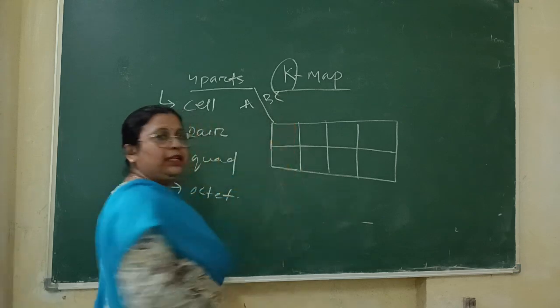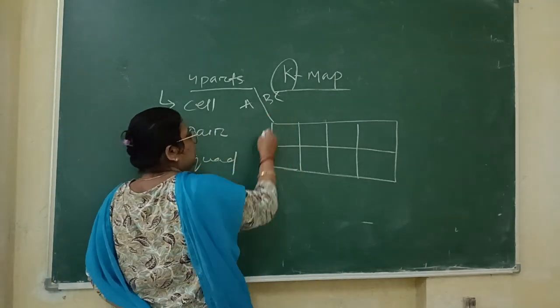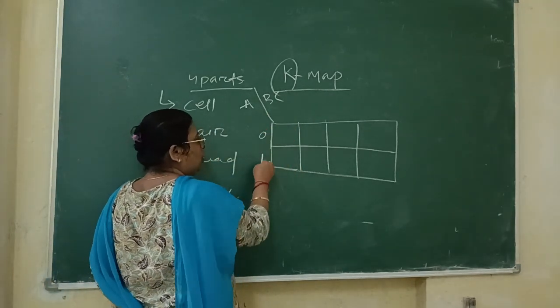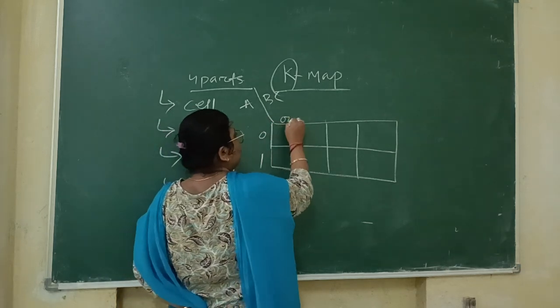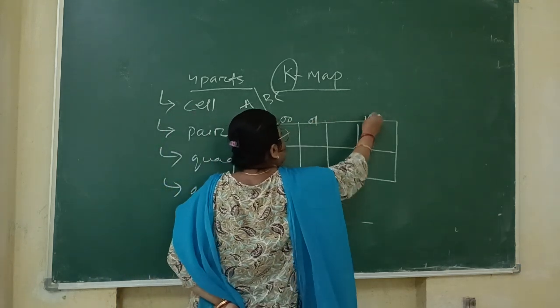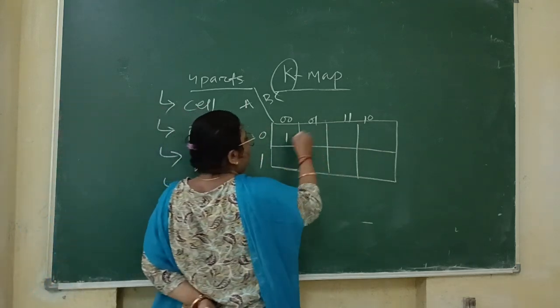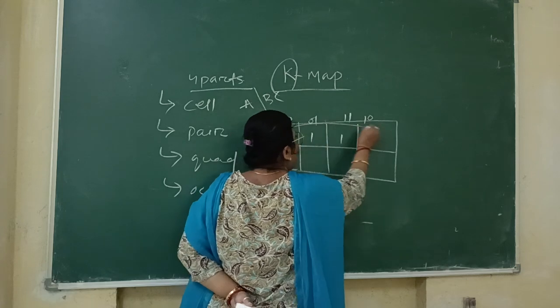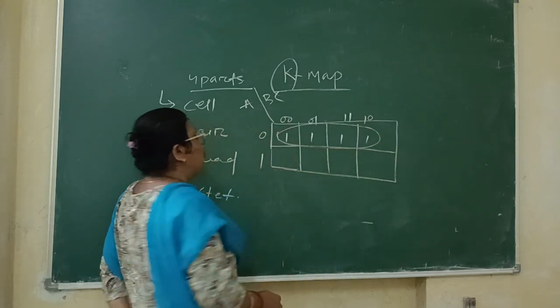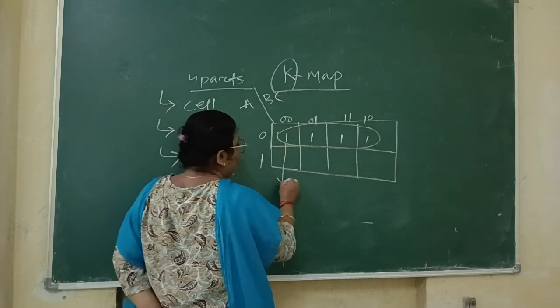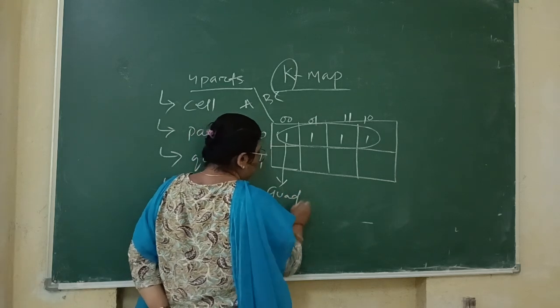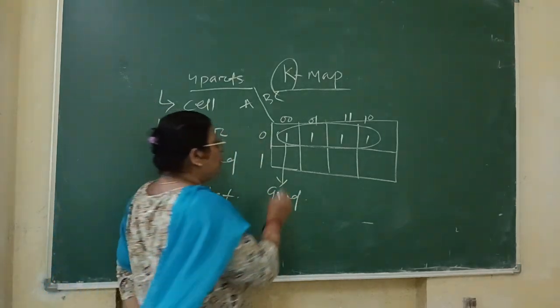Here we are taking 3 variables A, B, C. A contains 0 and 1. B, C contains 00, 01, 11, 10. When these 4 ones are combined together, it is known as a quad. It stands for a quad. Similarly, when we are